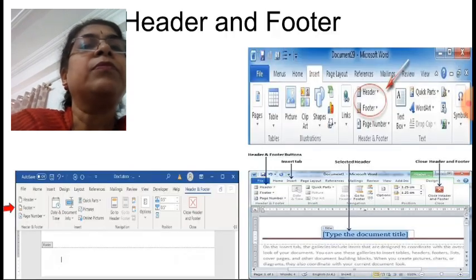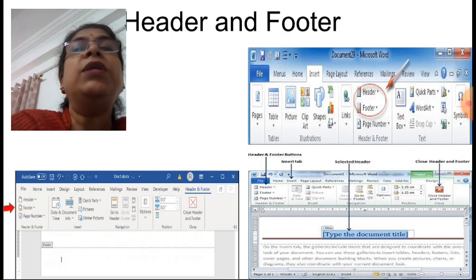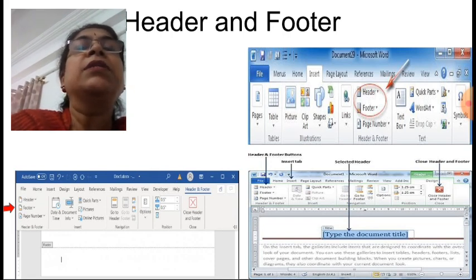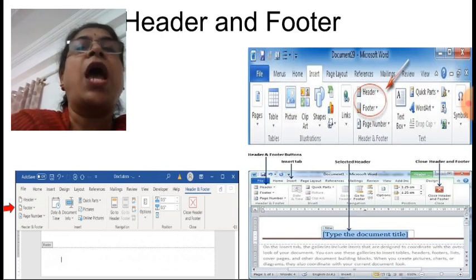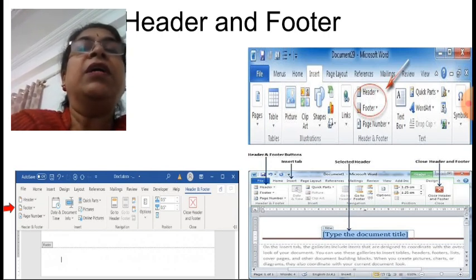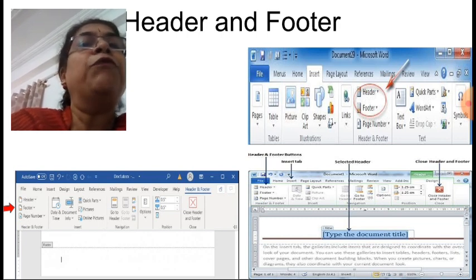Okay, now after that we have seen header and footer. What is header? Header means the title or the text which comes on the top of every page of the document, and footer means any particular text which comes at the bottom of the page as a footnote on every page of the document. Header or footer option is available in the